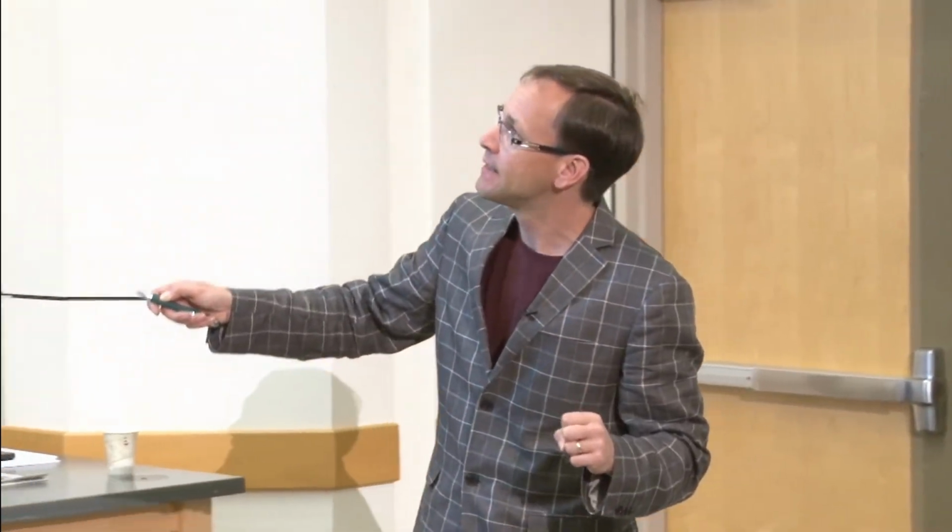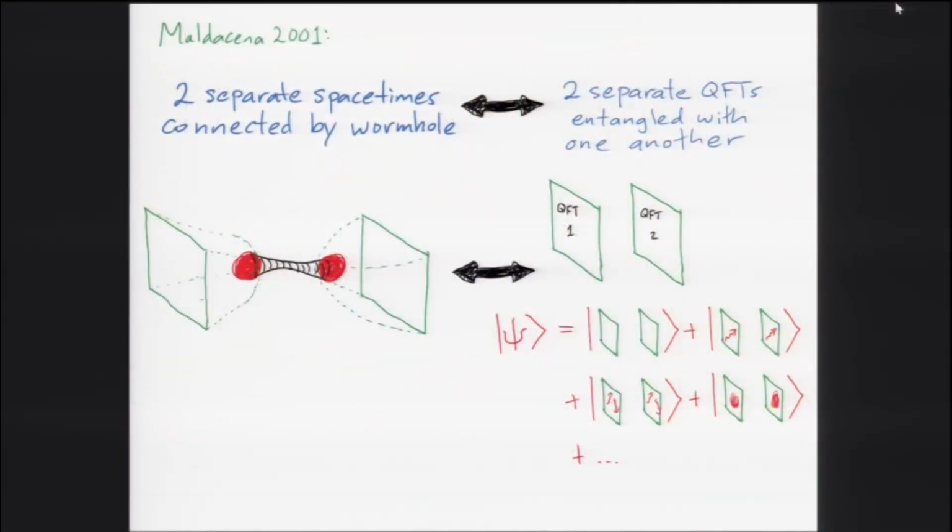So Maldacena said, well, how do you describe something like that using this AdS-CFT correspondence? And what he said was, well, since apart from that black hole you have two separate spacetimes, there should actually be two of these quantum field theories involved. But there's something in the geometry that relates them, and it's this wormhole that connects the two black holes behind the horizon. But what Maldacena said was not that those two field theories have any kind of interaction with each other.